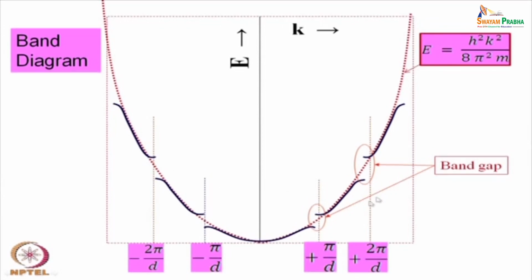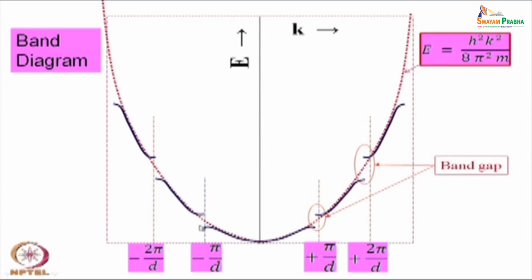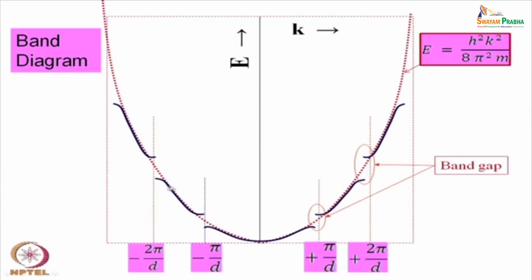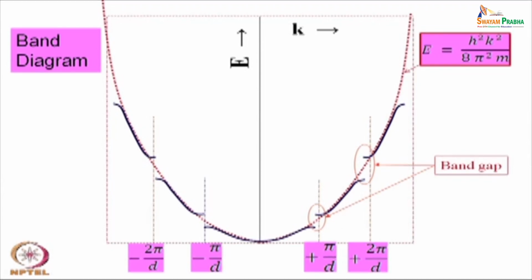That is how it is getting filled up. So, in that context, when you normally draw the band diagram, either we have to draw this one as the lower band and this one as the upper band, or we can draw this one as the lower band and that one as the upper band. So, for any particular solid there is a band gap. Now, band gap normally refers to the highest energy gap for that particular